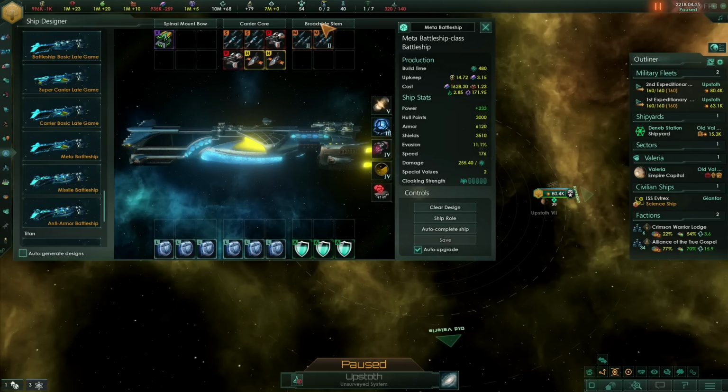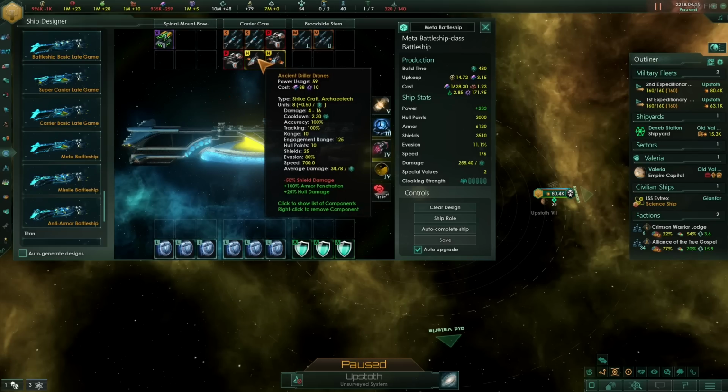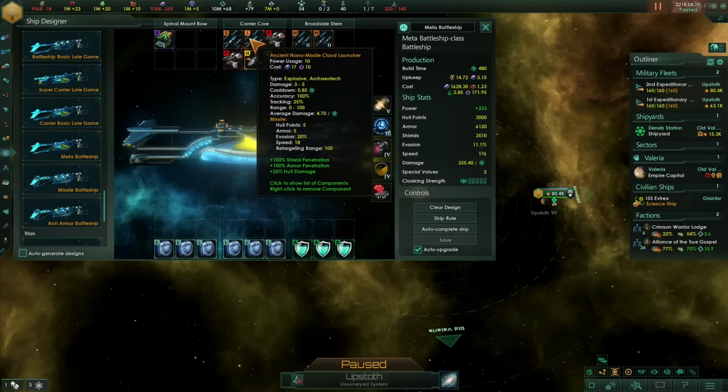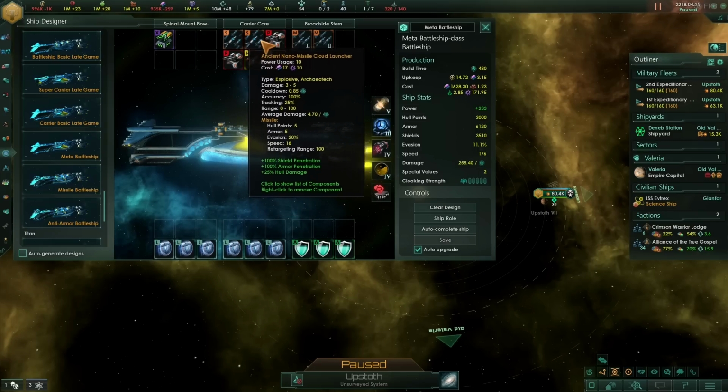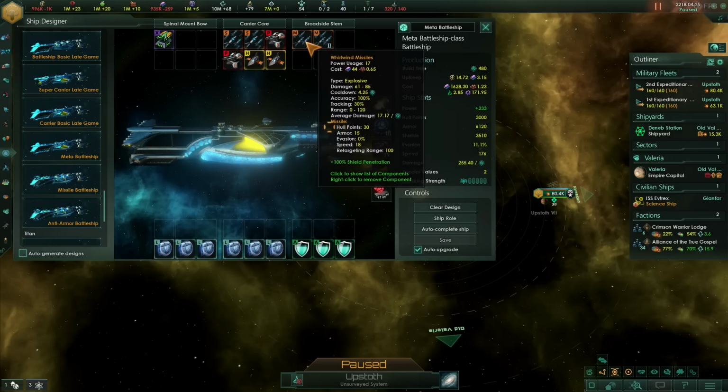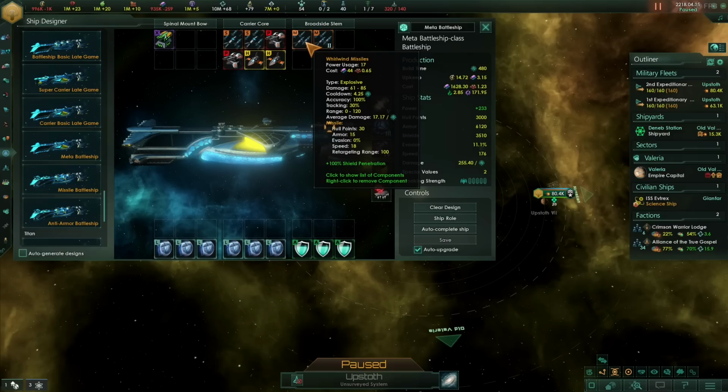So the reason I like this design is because the strike craft are going through the armor and hull, doing extra damage to the armor and hull. These guys will go through the shield armor and do damage to the hull as well, so it's complementary with this. This will go for the shields and damage to the armor, so it's somewhat complementary, but it gives it that long range, and you can just keep firing at long range, which is about the only medium weapon with